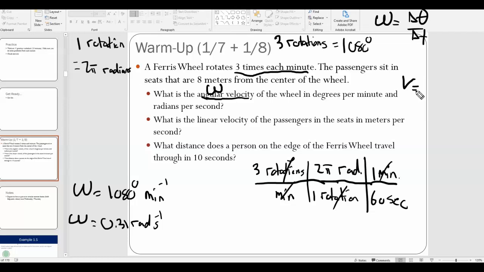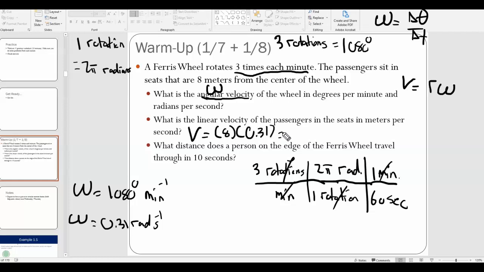So remember, linear velocity is just the same old velocity we've seen all year. That's how fast you would move in a straight line in meters per second. Okay, well, as it relates to angular velocity, v is equal to r times omega, where r is the radius and omega is the angular velocity in radians per second. And so given the angular velocity in radians per second, which we just found, we can easily find the linear velocity of the passengers as long as we know the radius, which we know they're 8 meters from the center of the wheel, and so that would just be 8 times